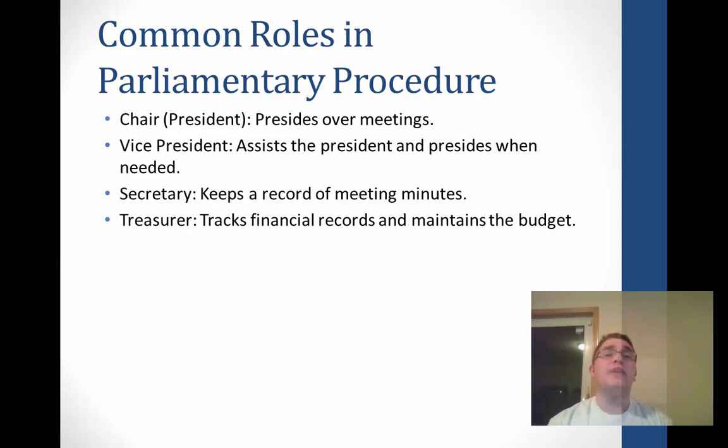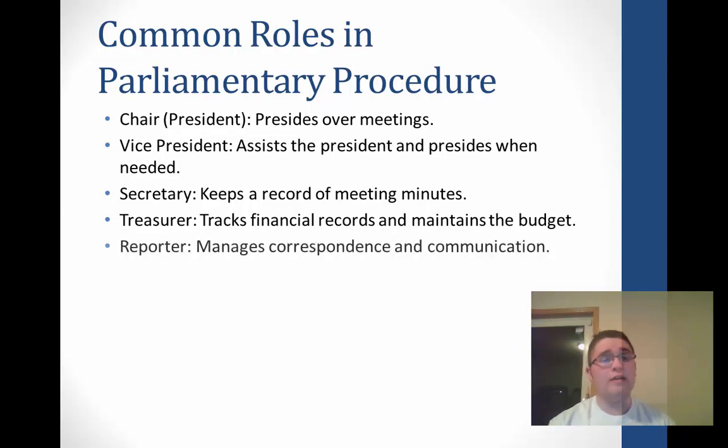Next, the treasurer is the individual who tracks financial records and maintains the budget of the organization. The treasurer is a very big position. It's a position of trust because they are in charge of any dues that are collected or the people who are making purchases for the organization, and they have to be very good at math and keeping good records for the organization, so that's a very important job as well. Next up, the